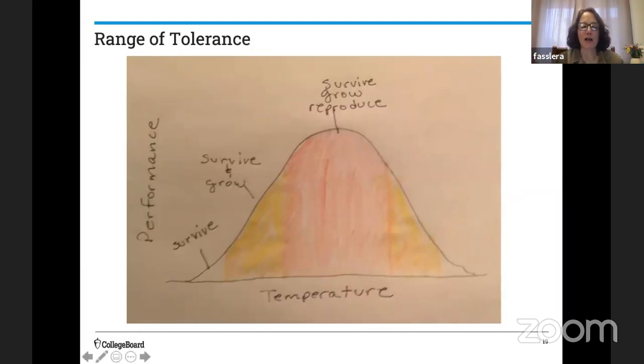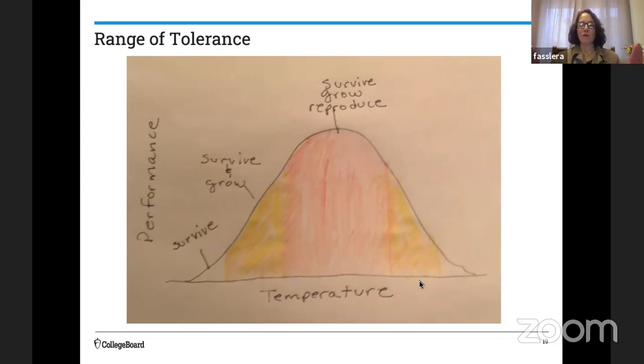This is a very generic, simple model to start with. Across this range of temperatures, there's an optimal range of tolerance over which organisms are not just going to survive, but individually as an organism, or even as a species, maybe that whole population of fish in a stream, they're going to grow. They're going to be pretty healthy. And not only are they going to grow, but they're going to reproduce. So this is that optimal range, where they're really healthy and have high performance. They're not under stress because the temperature got too hot or too cold.